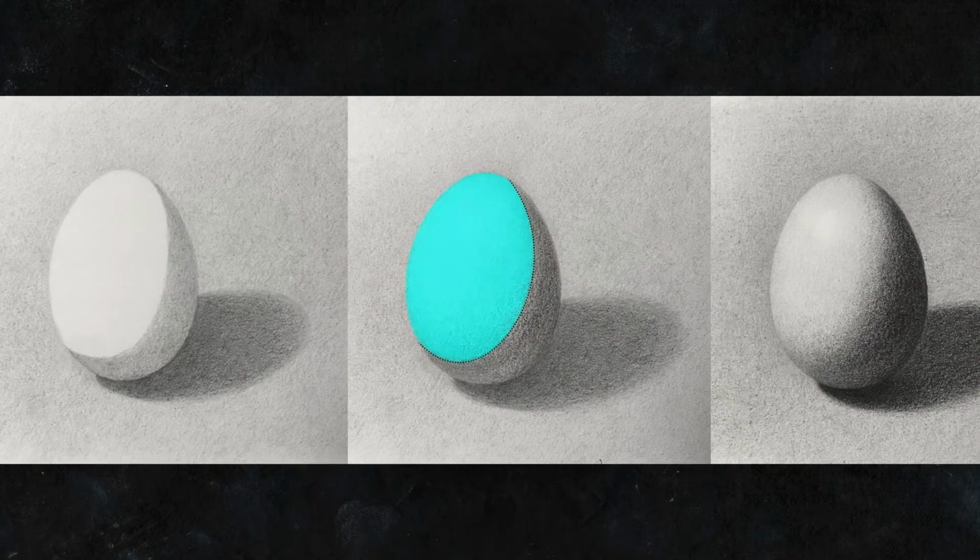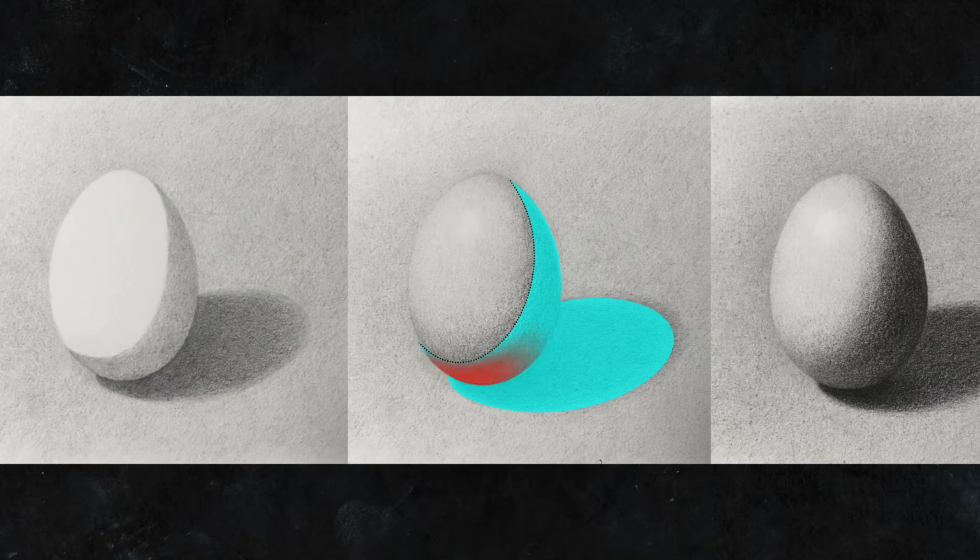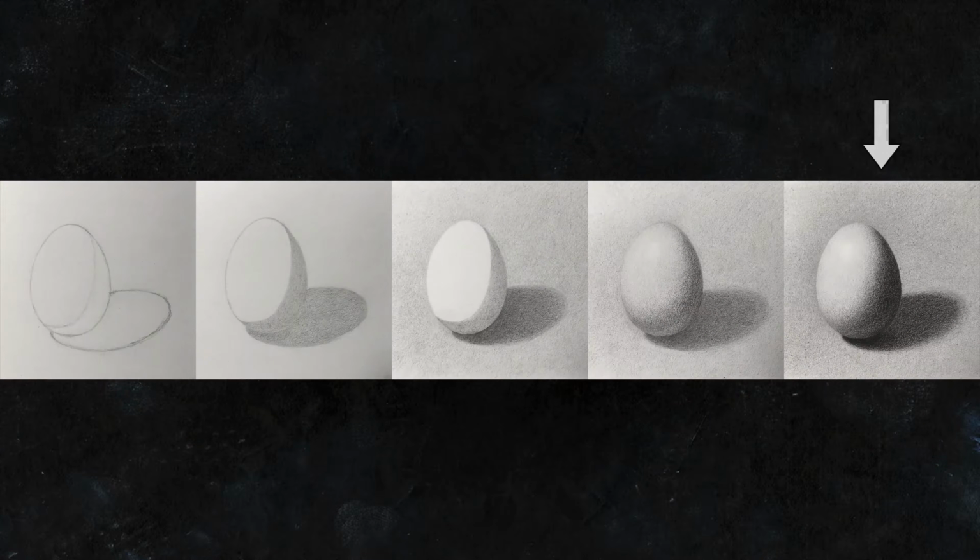First, you'll work in the light family, then the shadow family. In the light family, you start with the dark halftones, then transition into the more subtle, lighter halftones. When you get to the shadow family, you will add reflected light, core shadow, and ambient occlusion shadows. We'll integrate the penumbra and apply the finishing touches. Finally, you will photograph your drawing.